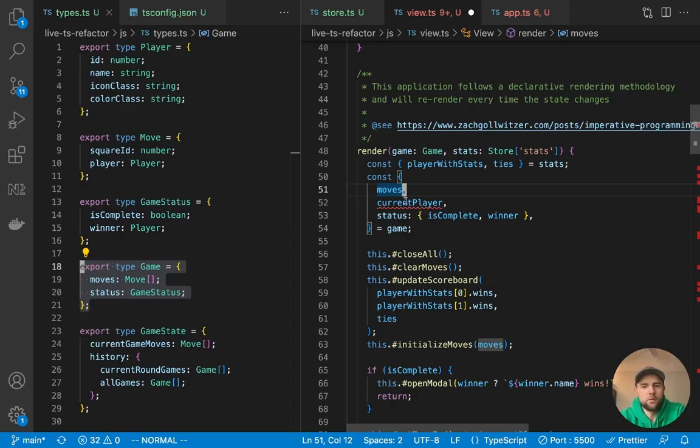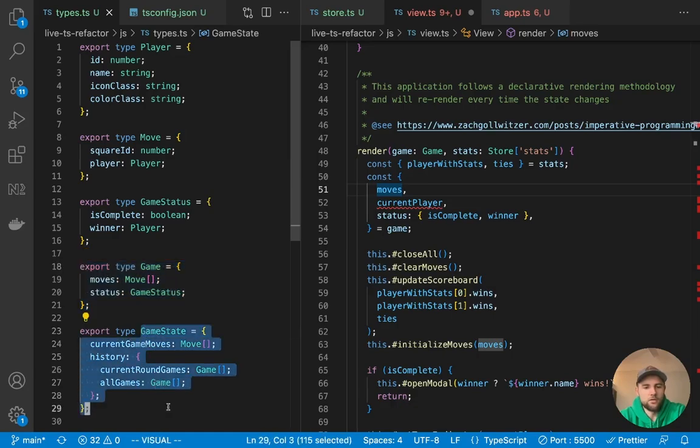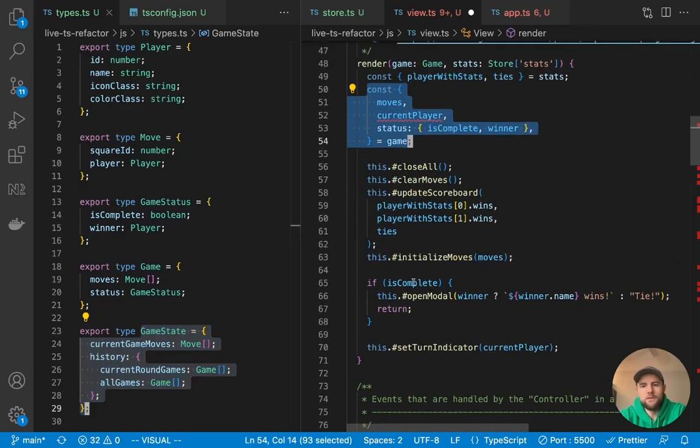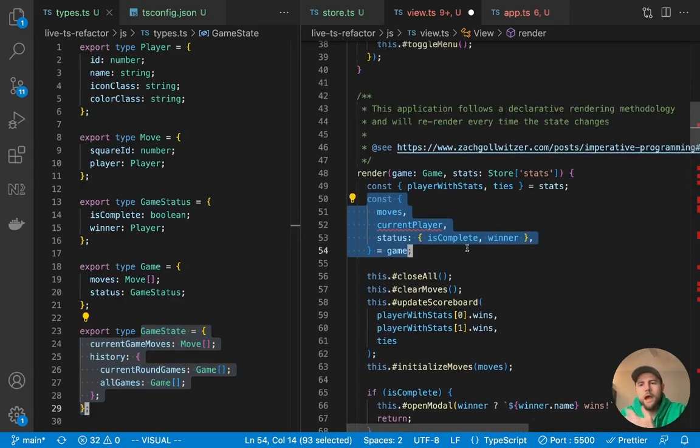But actually, it will yell at us because this game is slightly different. This is derived state. So this game is the state that we're storing in local storage. And then the game that we're trying to represent in this method is derived state.